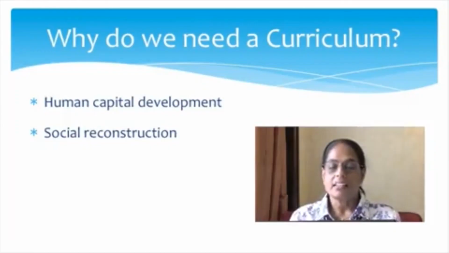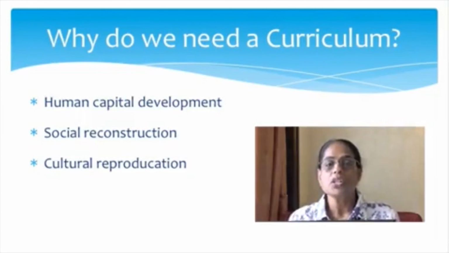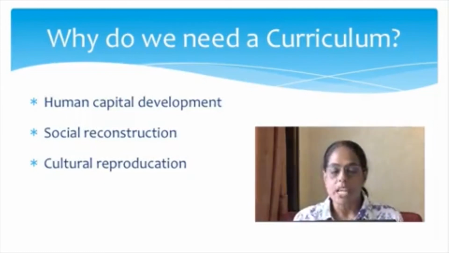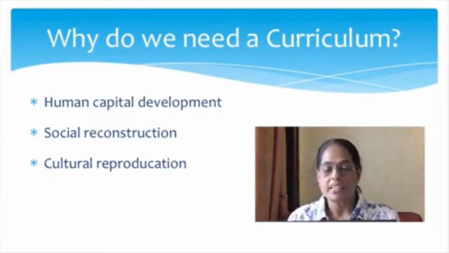And the third reason why we need a curriculum is based on the cultural reproduction aspect. That is the transmission of existing cultural values and norms from generation to generation, continuing the cultural experience and sustaining it across time. There are so many good values that human beings have, for example, tolerance or respecting the adults and sharing and caring. All these values need to be continued. So school curriculum, for example, a subject like civics and citizenship education, helps to sustain this kind of values,